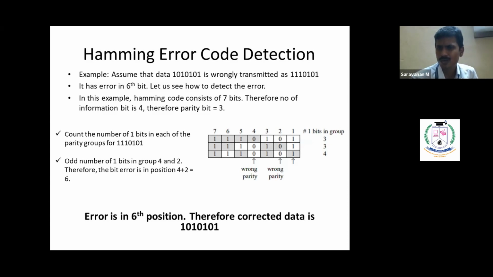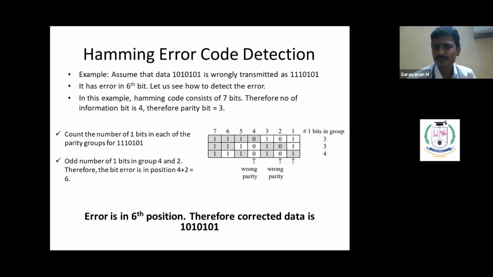Then take the position 2. To calculate parity bit 2, we have to consider positions 7, 6 and 3. Now calculate the number of ones. We have ones at 7, 6 and 3, so there will be 3 ones. You write it as 3 there. And finally, the last parity bit at position 1, we consider positions 5, 7 and 3. Along with the parity, we have an even count, 4.